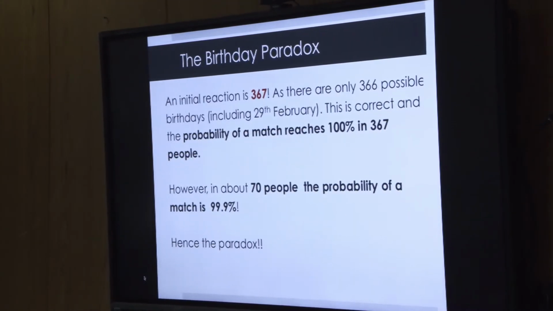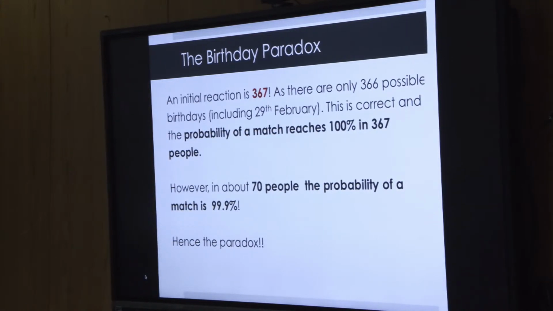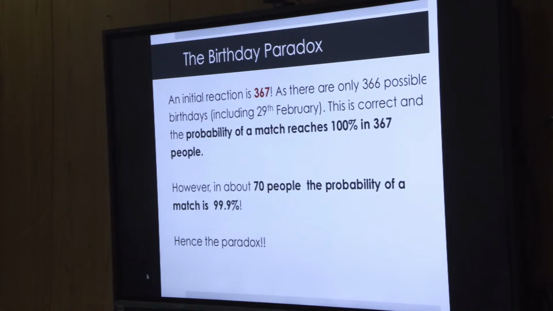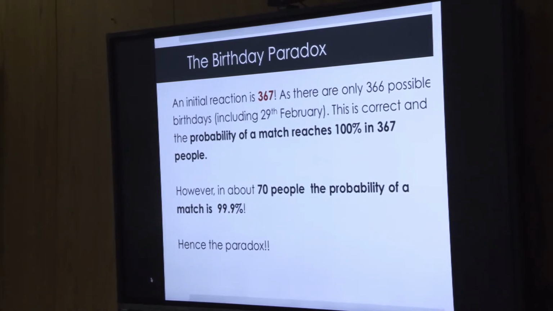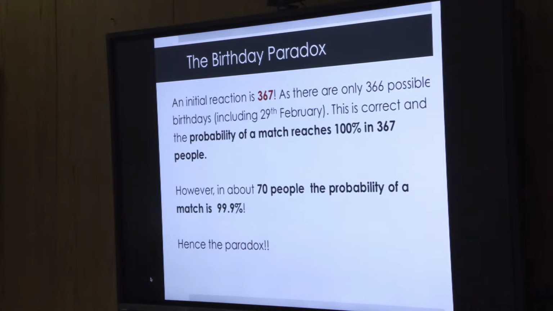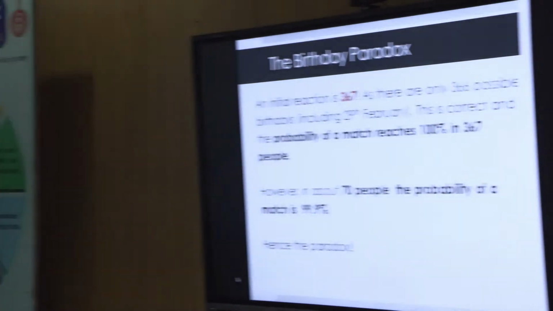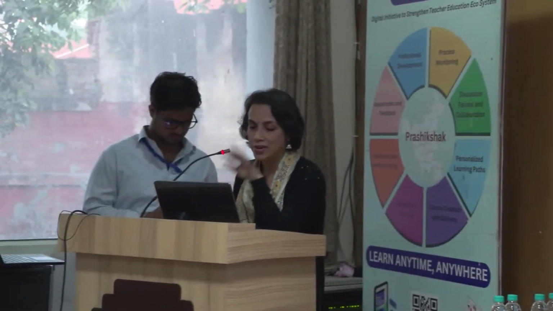If she calls out her birthday, okay, what's your birthday? 30th October. Her birthday is on 30th of October. As they would call out their birthdays, anyone else having that birthday will just raise their hand, so we will know there is a match, right? So if we do it, it's certain. But I don't have time, so I won't do it. I'll quickly show you what you can do in the class.